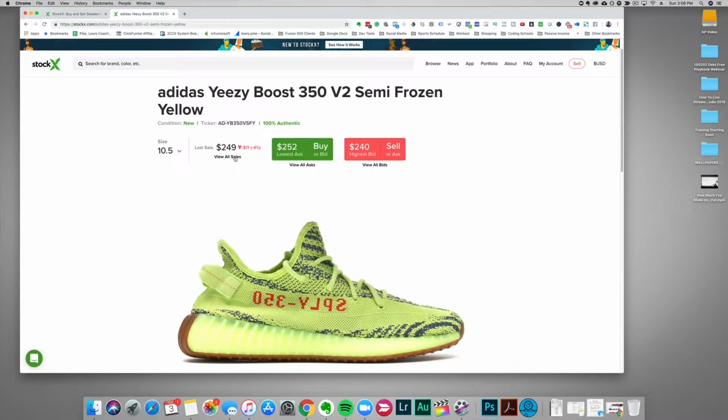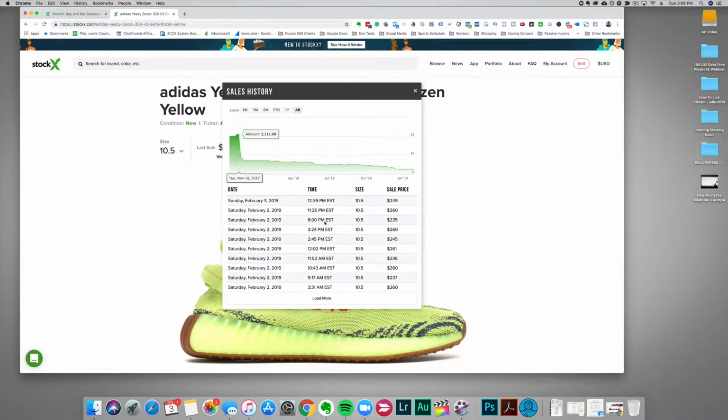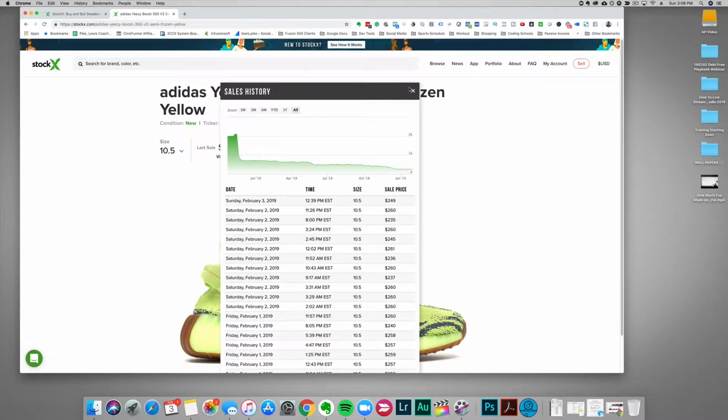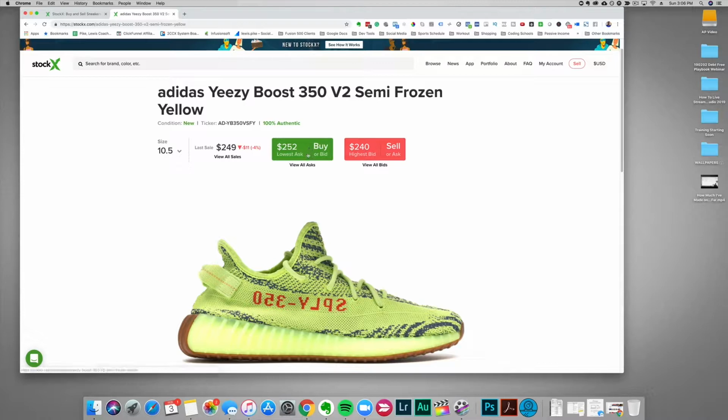All right, so you can come here. This is the size that I'm selling, and you can just see all sales. It looks like the latest in this size has sold for $249. There were some in here. It looks like one sold yesterday for $261, one for $260, several for $260 in that price range. So I'm probably just going to price them at the highest